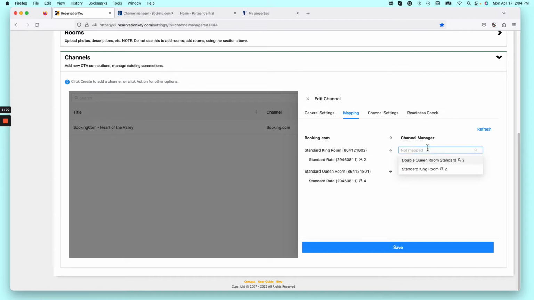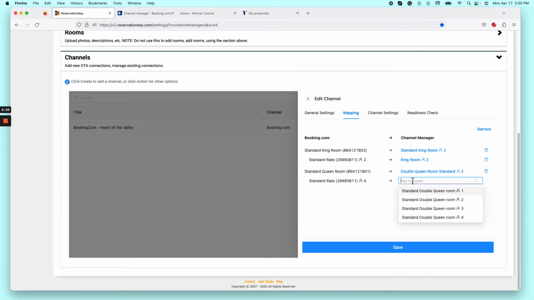So standard king with the king room rate plan, the standard queen with the standard double queen rate plan. We save,